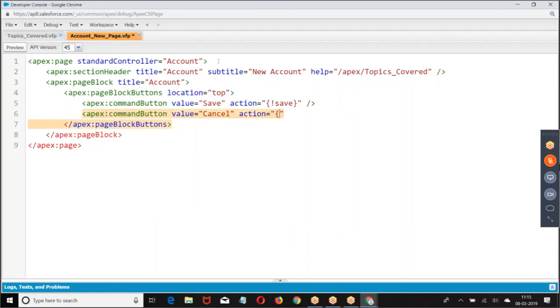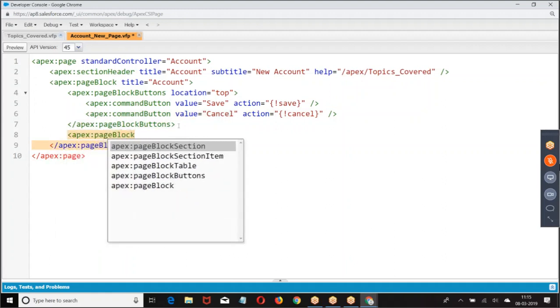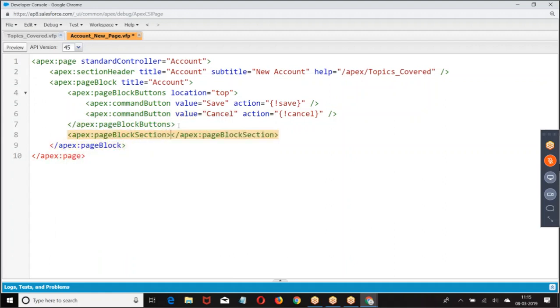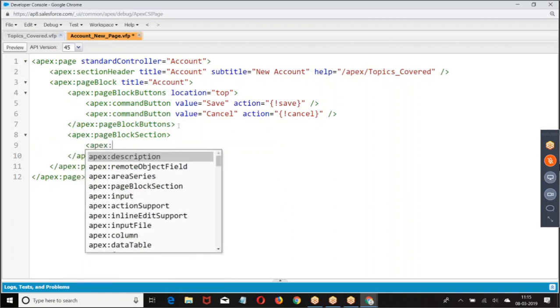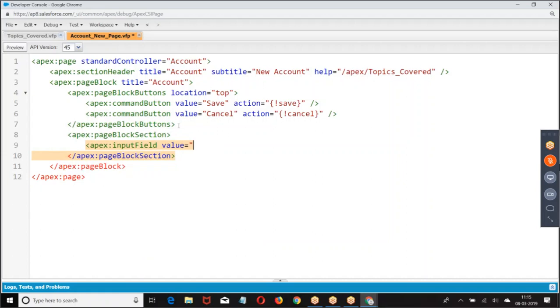Action equal to save. These are standard functionalities. Then I have account.name.